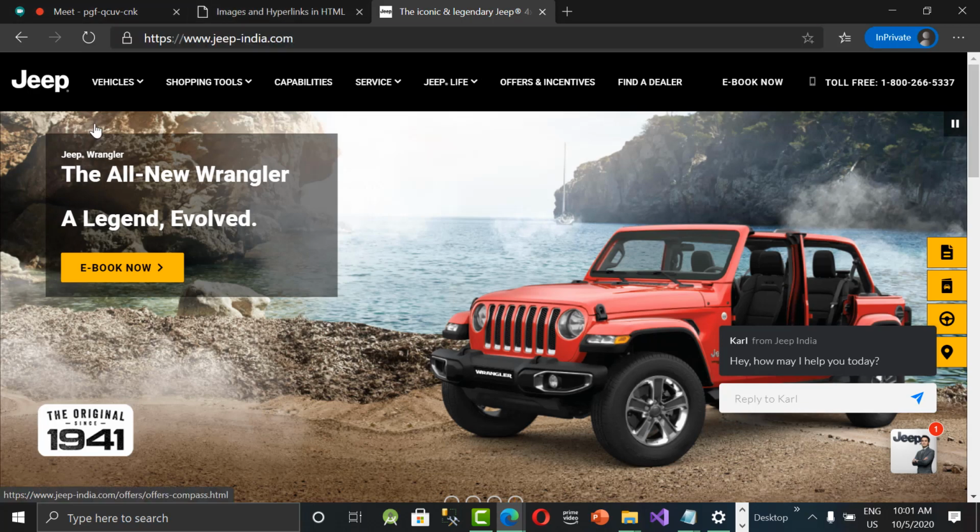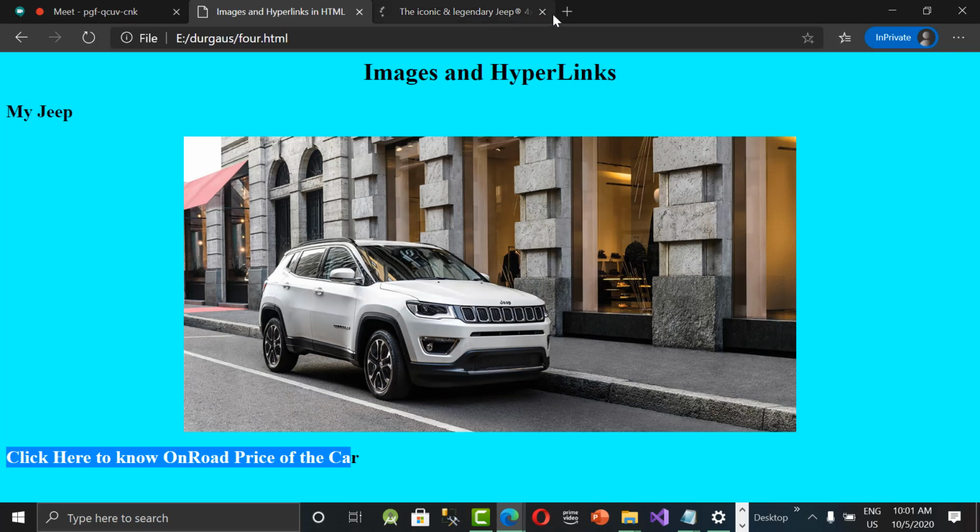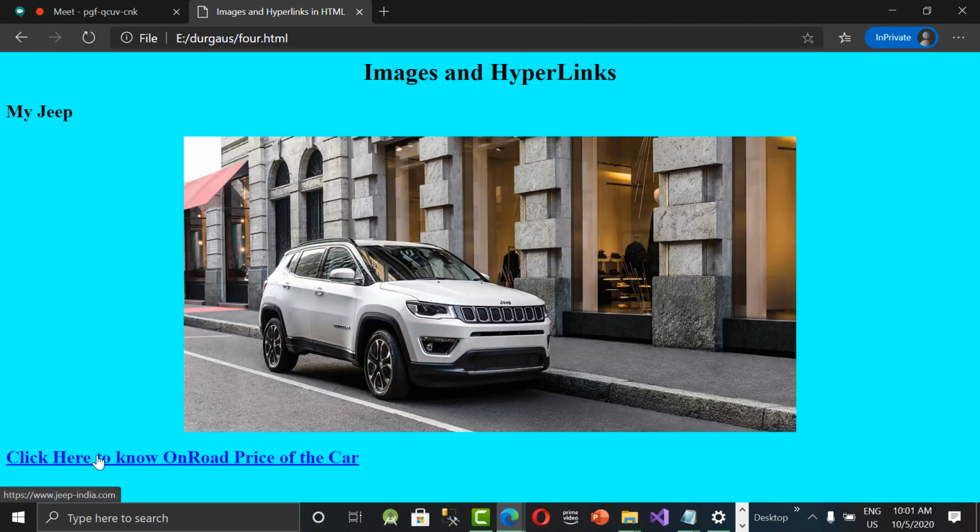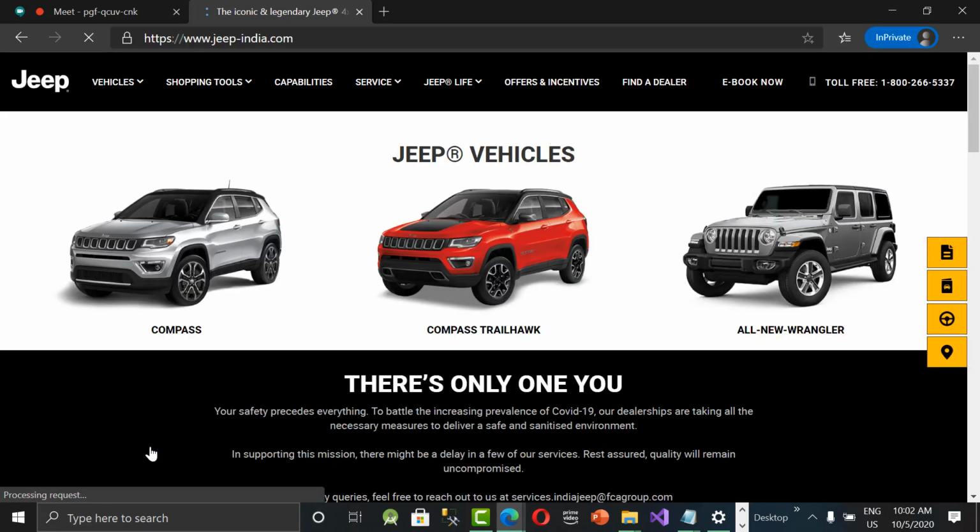Yeah, let's close this. So now we are in our HTML page. Now see, it is changed into hyperlink. So now see, the hand symbol is coming. Previously it was empty, it's a normal text, but now it became hyperlink. So click on this hyperlink now. It will take you to the respective website. Okay, go back. You will go to your previous web page. Hope you got it.